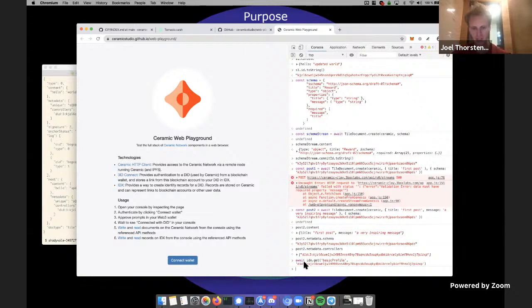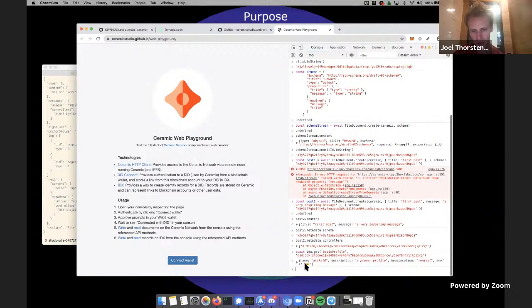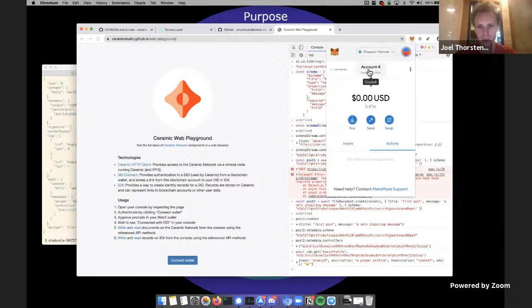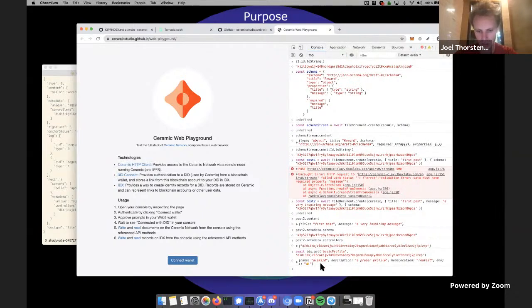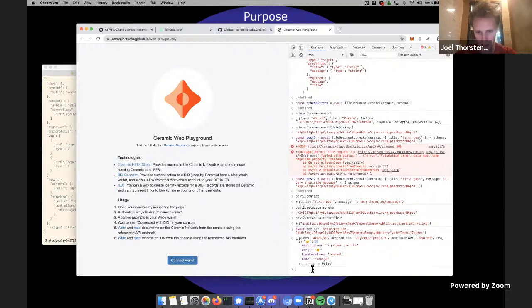Obviously this is not optimal. You might ask, why do I need to know this DID, or how do I find that? That might not be totally obvious, and you might not know the DID beforehand. So how do you deal with that? One thing you might know beforehand is the Ethereum account, or the Ethereum address, of a user. So instead of passing the DID here, and now we can see that resolved to a profile.